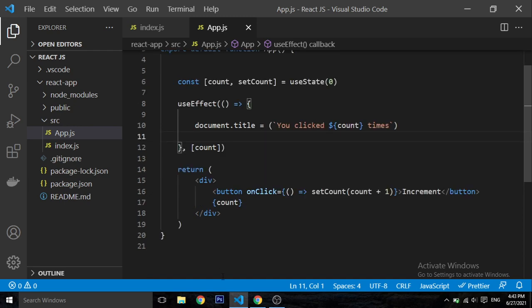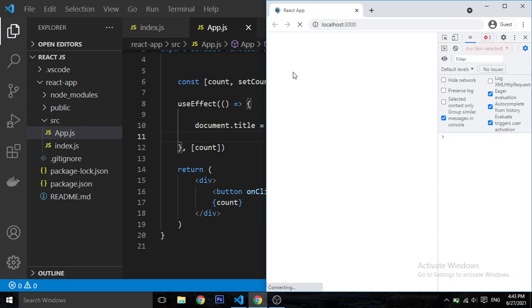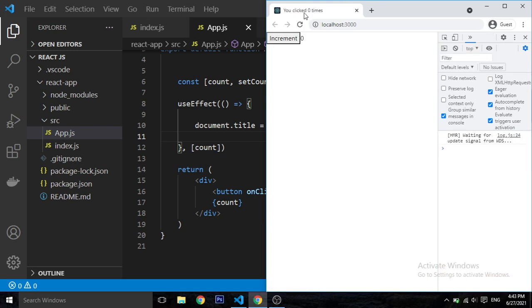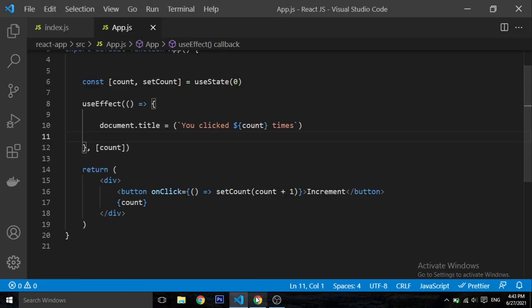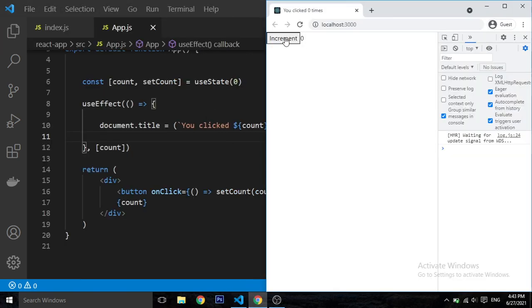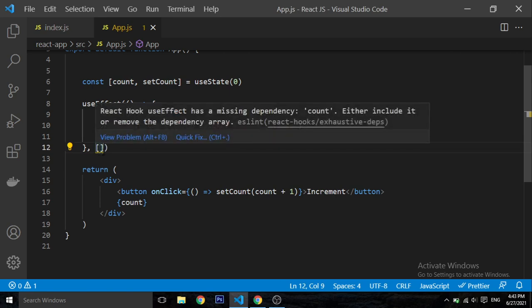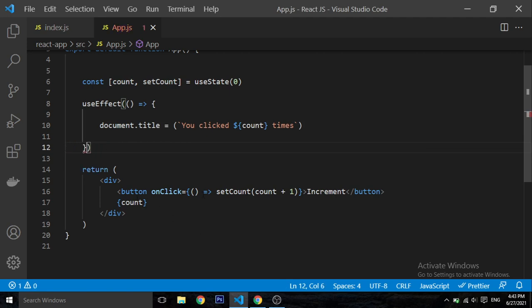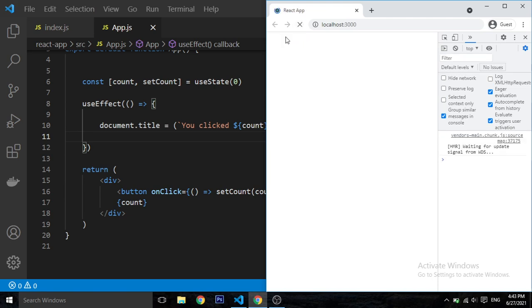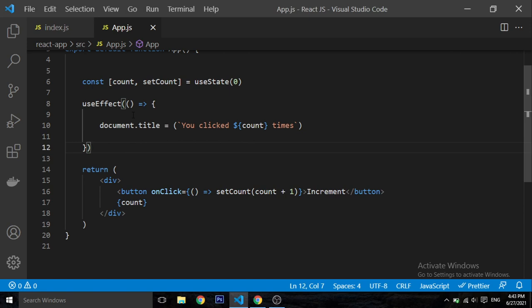So now if we run again, hopefully there are no errors. And now you see the title changes. You click once, and now how many times I click, this up there changes too, because I click this to count. But if we delete this count, we can use it as a dependency list, because there's no dependency we have to pass, since this is not a function and is not assigned. So now if I come here, you will see that everything works just as fine as the example below.